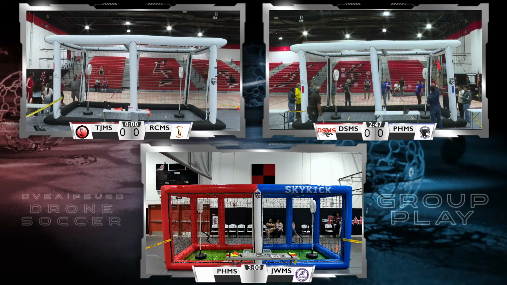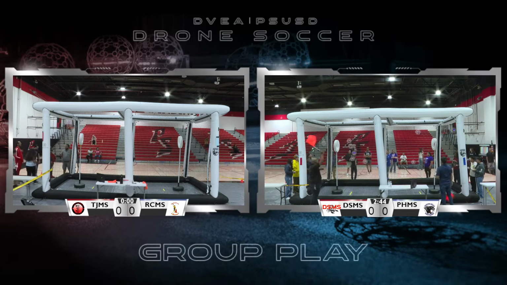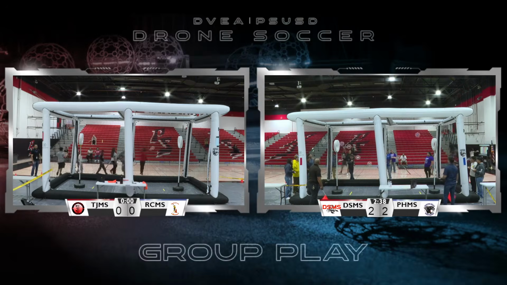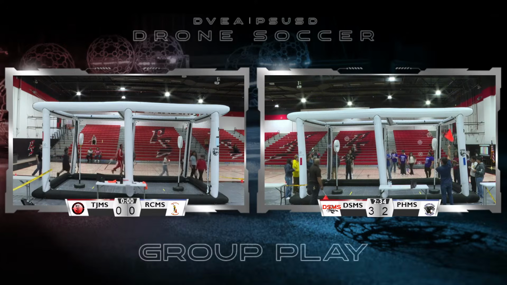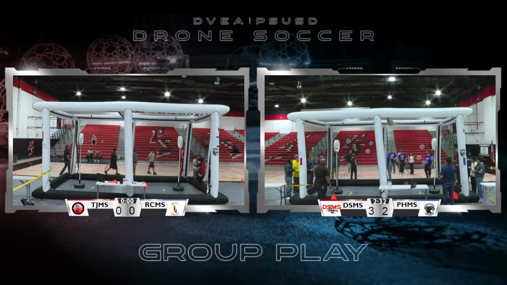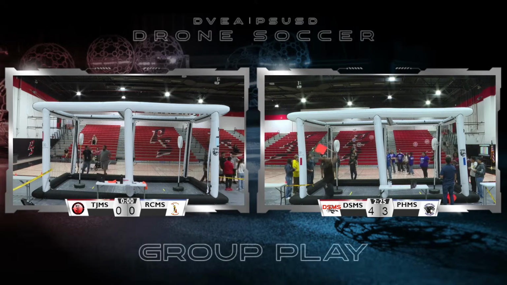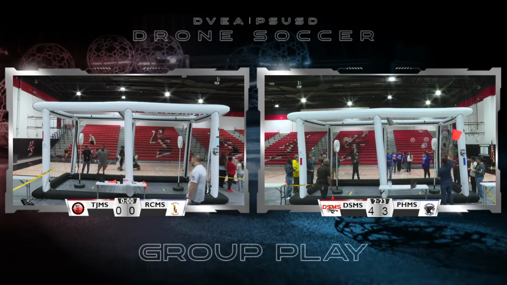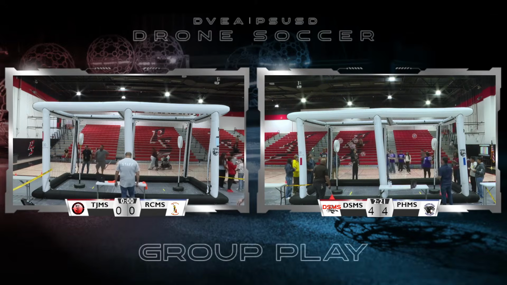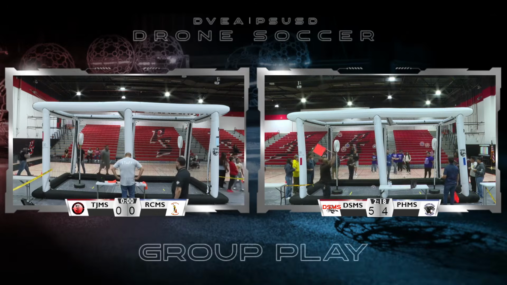We have a very close game so far with about 15 seconds in, two scores from both teams already. Lots of action. These are two amazing teams, Desert Springs Middle School and Painted Hills Middle School. I would call them arch rivals, but I wouldn't go as far as to say nemesis. They are good friends, practically, with longtime coaches who are very familiar with one another and compete very well.